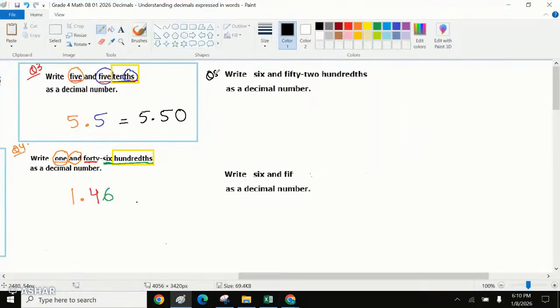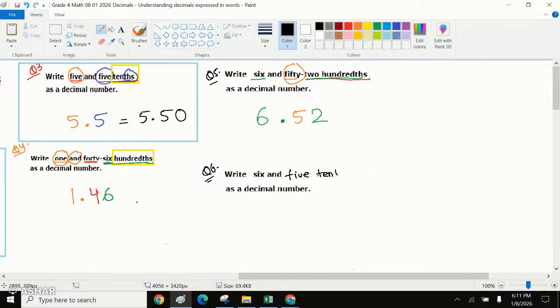In question number 5, it says write 650. How many 200s? 200s, right? That means 6 point. This was 50, right? And how many positions for the 100? 6.5, right? In the next question, if I'm changing question number 6, if I would change the question, if I would say 6 and 5